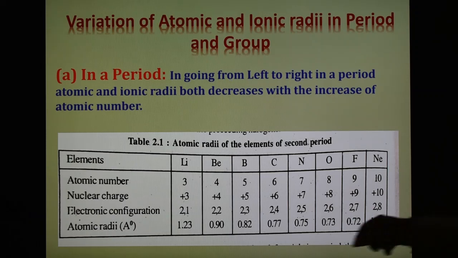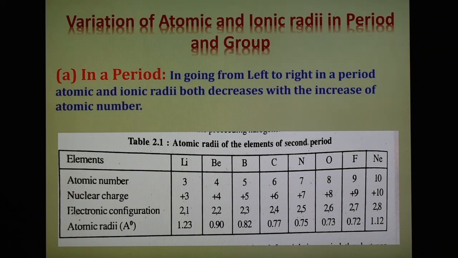Atomic radii are shown here. See, the value decreases, and this decrease of atomic radii depends on the size of the atom and on the basis of electrostatic force of attraction between the positive nucleus and the outermost shell of electrons. So here we can say that in any period the alkali metals have the largest size while halogens have the smallest size. However, the size of atoms of inert gases is generally larger as compared to other elements.